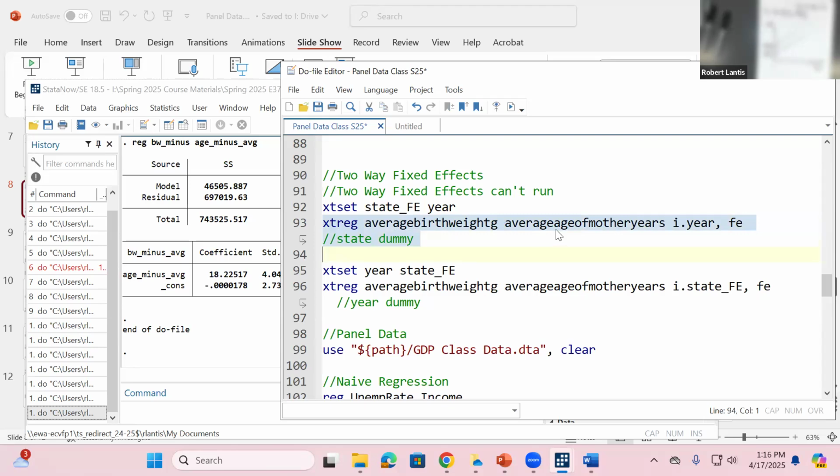Now it can include two levels of fixed effects, both state and time. So now we're controlling for even more. So if I run this,